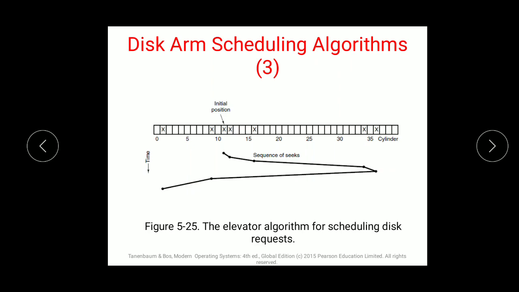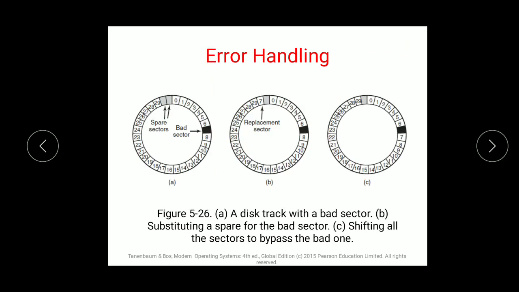Next is error handling. Due to improvement in manufacturing technology, it is possible to operate faultlessly at high densities. Disk designers will surely go for higher densities to increase the capacity. Why are errors produced? Errors arise because of storage, input, resources, processing, and many other concerns, because of which people are trying to design the disk in such a way that they get high density output over that disk and the error rate can be decreased.